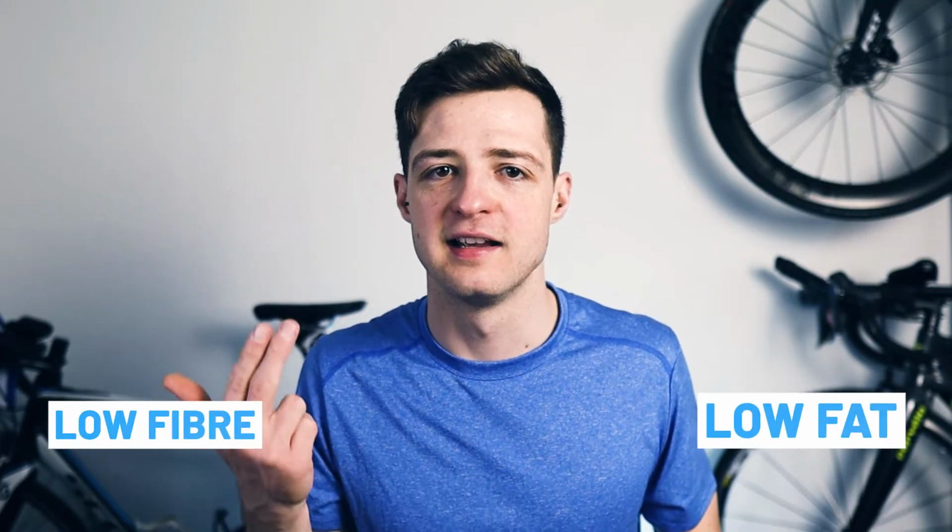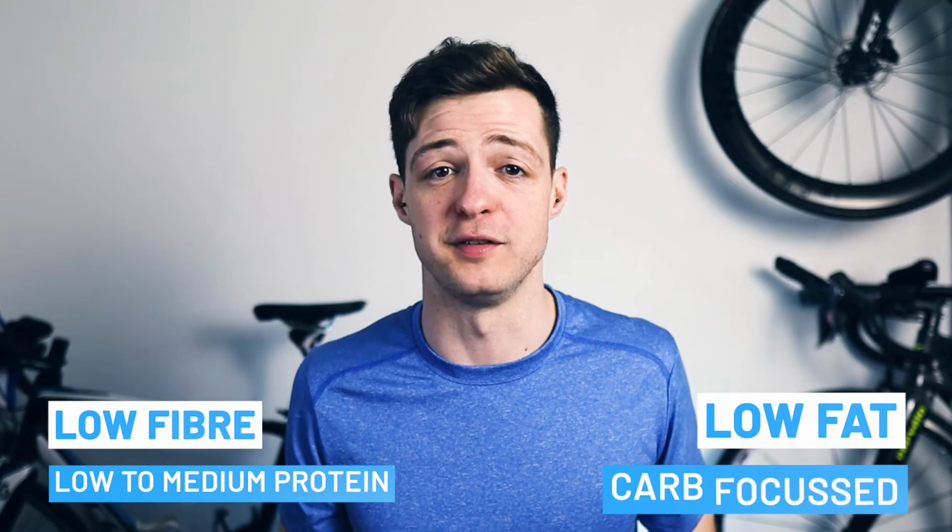Instead, eat something that you can enjoy or can at least stomach early in the morning. It ticks the boxes and you've practiced it. Like with most things race nutrition here, low fiber, low fat, low to medium protein, carb focused. My favourite in the past year has been some low fat rice pudding and a banana,